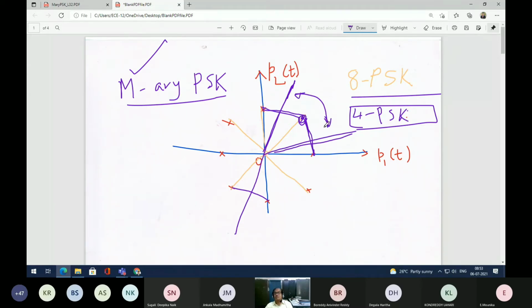That region has become very, very narrow as compared to your QPSK or as compared to your BPSK. Did you observe this? Because of some noise addition, this point may change anywhere. Suppose this point moves here because of some noise addition, then definitely you are going to get a probability of error, because the boundary is very small here. Whereas in the case of BPSK or QPSK, the boundary is much larger than this.